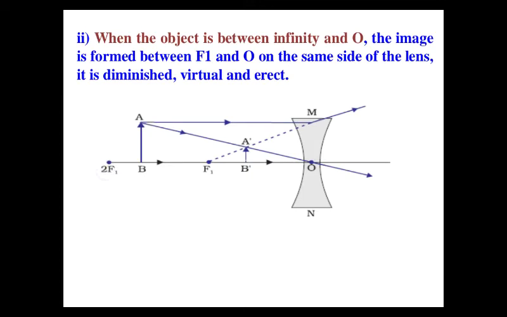f2 to f1. And if in the exam it is given that the object is placed beyond 2f1, then you will place the object here, but the whole other diagram will remain the same. If in the exam it is given that the object is placed between O and F, then you will show this arrow at this place. If the object is placed at 2f1, then you will show this arrow at 2f1, but the other diagram will remain the same.